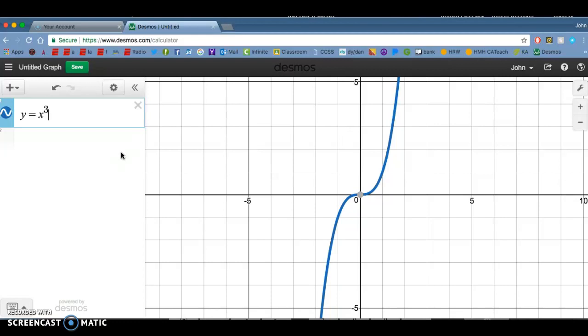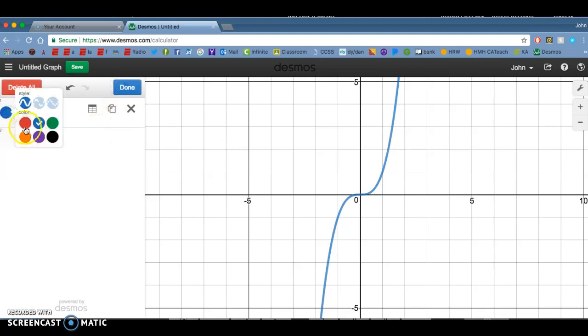The third video will deal with what is called cubic functions because it is x to the third. So we're going to start off with y equals x to the third, and we're going to do a little bit of a recap here with Desmos so you can turn it on and off. You can hit the gear to change your colors. Okay, we're going to use black this time, and you could change the style of your